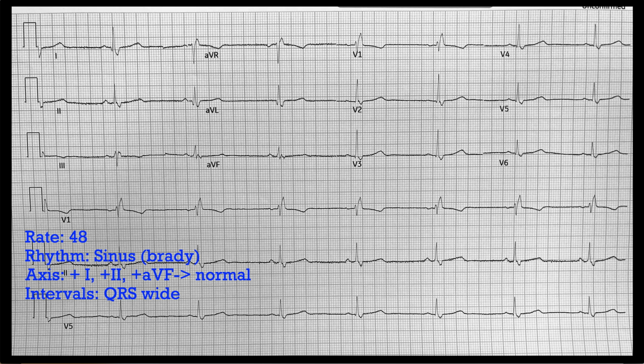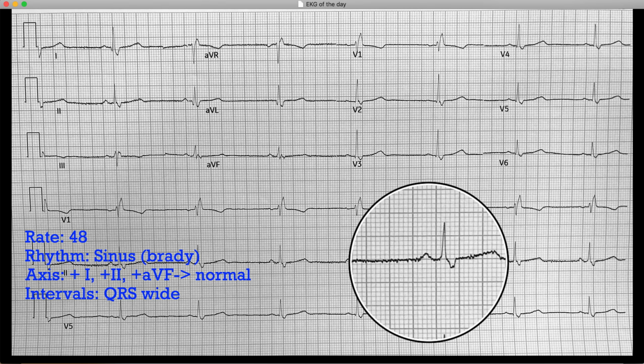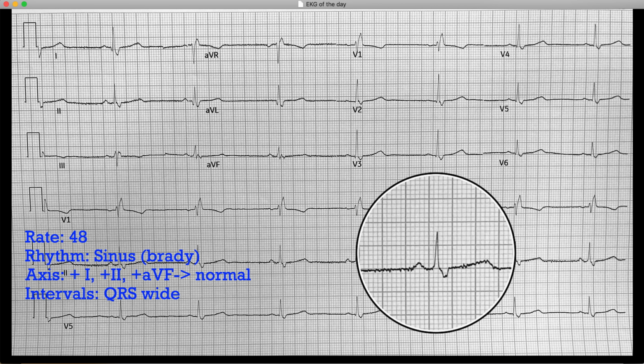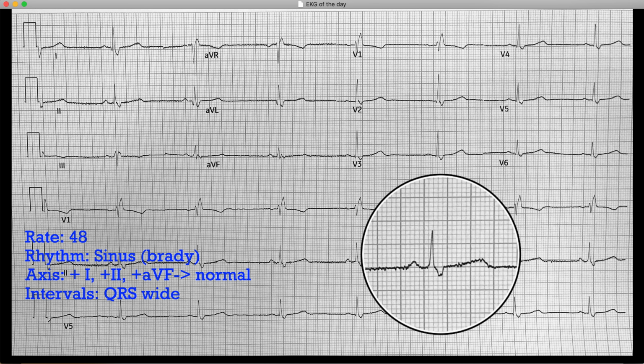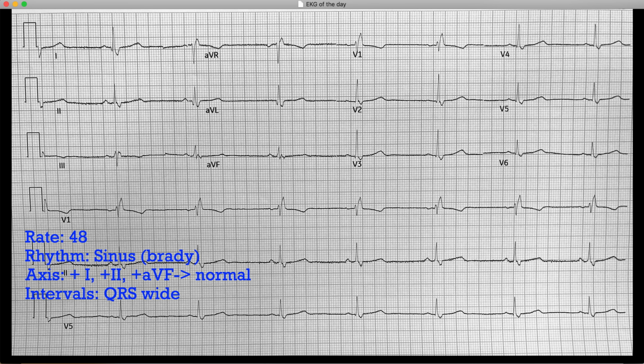We've already established that we don't think there's an AV block. The PR interval is consistent. It's not long, so it's not a first-degree block. We're not dropping beats or anything like that, so it's not a second-degree block, and it looks like it's associated with it, so it's not a third-degree block. No AV blocks, but in terms of left bundle branch block, right bundle branch block, we look at morphology